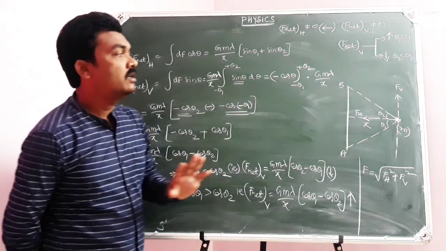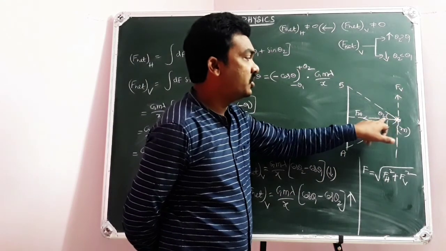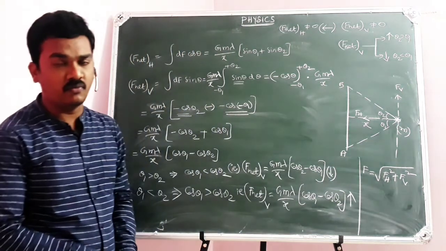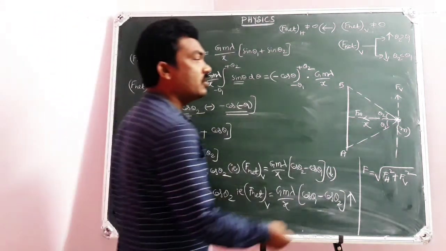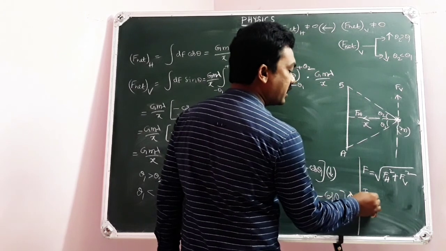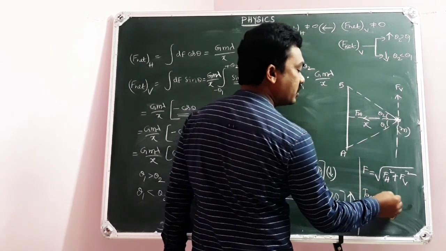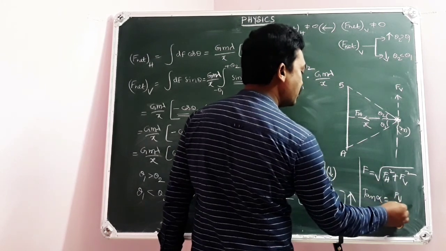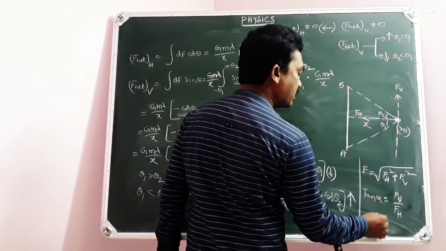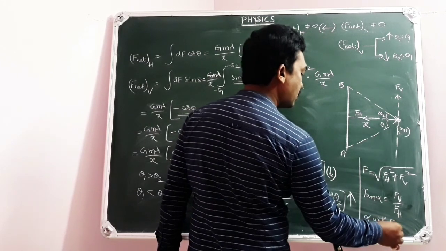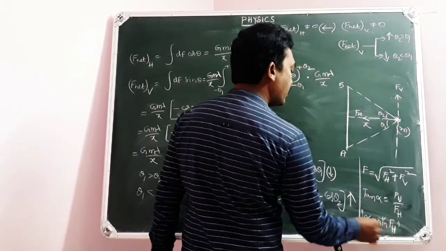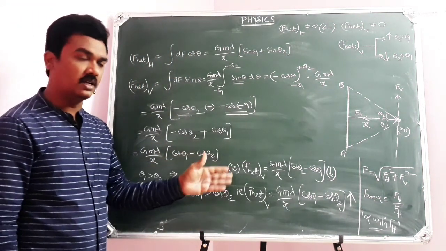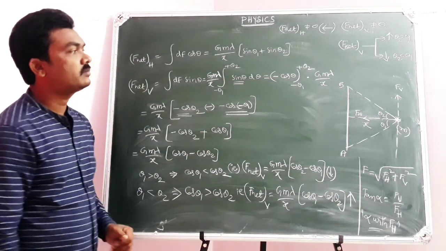Remember, then it will have two components, Fh and Fv. So net force on the particle is root of Fh square plus Fv square. If you wish to know the angle at which the resultant is acting, then tan alpha is equal to Fv by Fh, alpha with horizontal direction, because the horizontal component is in the denominator. These are all the basics of vectors. You have learned vectors in 8th standard already, so I have connected.